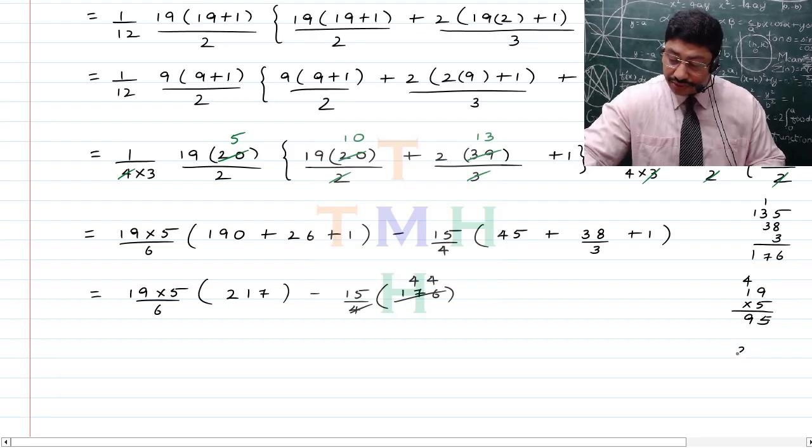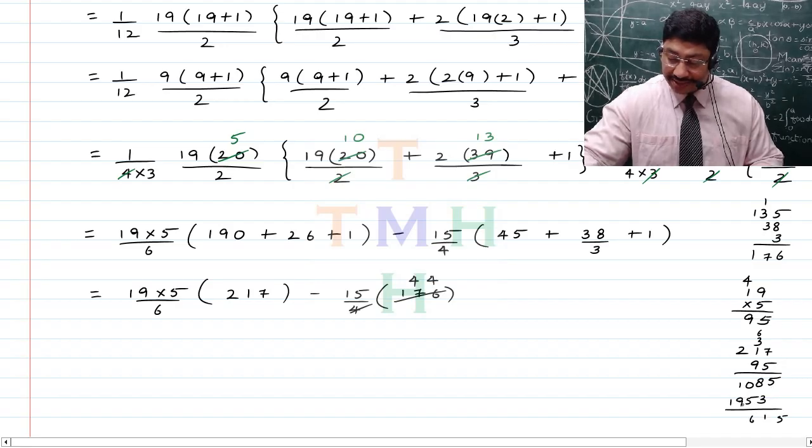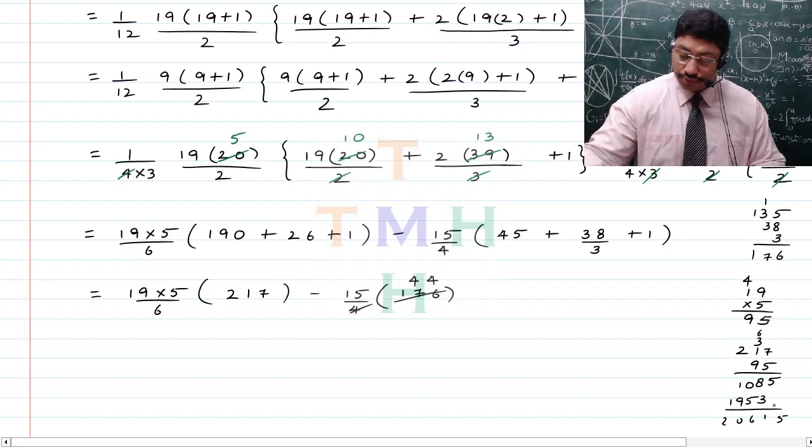Okay, so 217 multiplied with 95, right? 5 7s are 35, 3 remainder, and then we have 5 1s are 5, 5 and 3 is 8, 5 2s is 10, and then we have 9 7s is 63, 6 remainder. Then we have 9 1s are 9, 9 and 6 is 15, 1 remainder. Then we have 9 2s are 18, and 1 is 19, right? We add these up, so this becomes equal to 5, 8 and 3 is 11, 1 remainder. 5 and 1 is 6, 9 and 1 is 10, 0 1 2. So 20615,